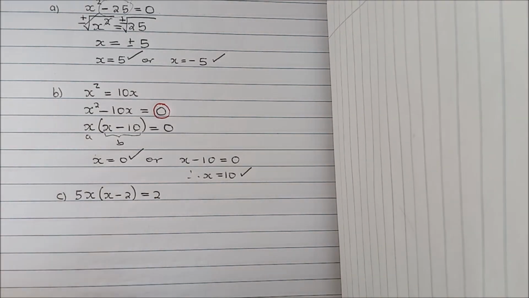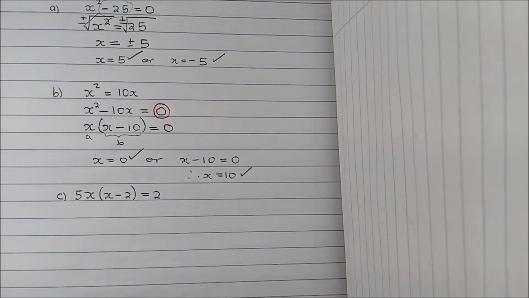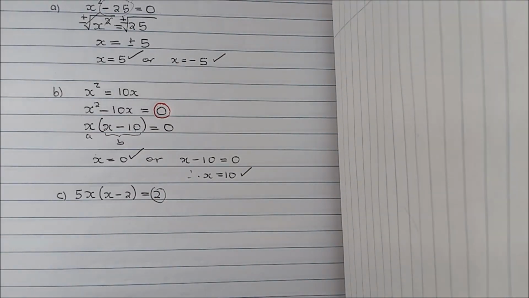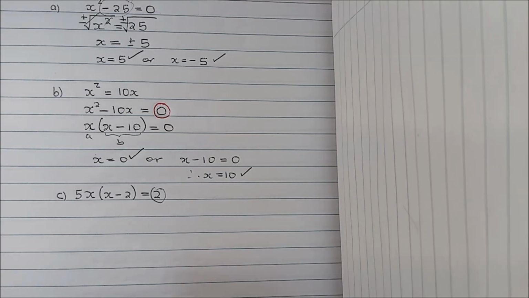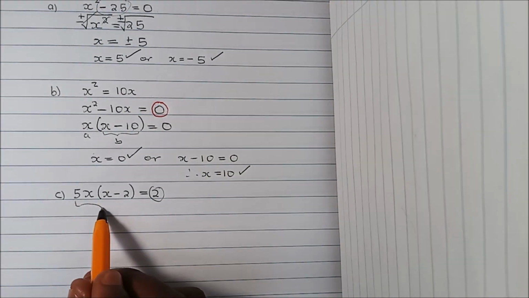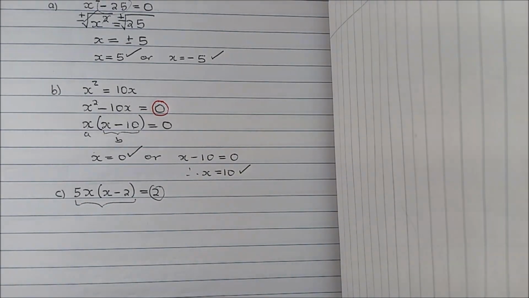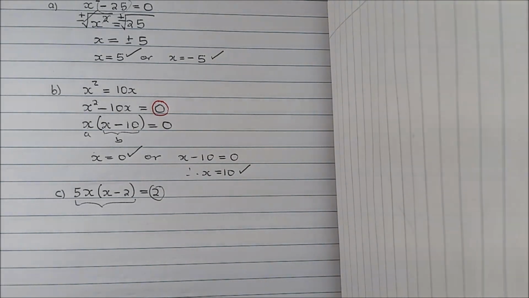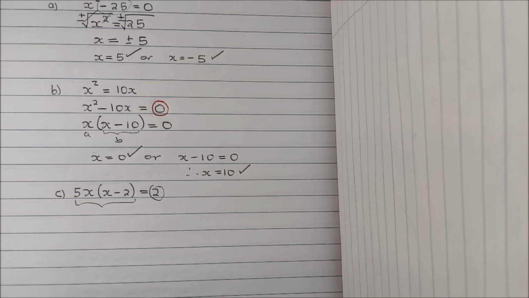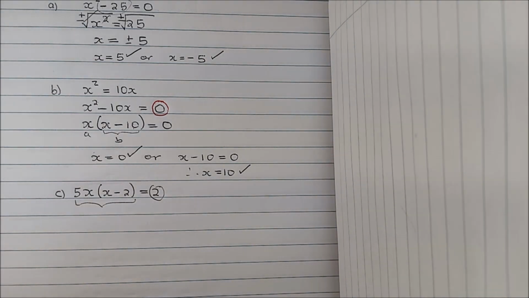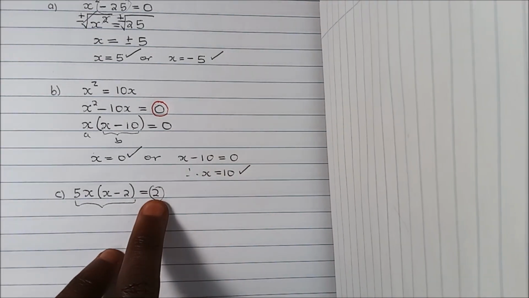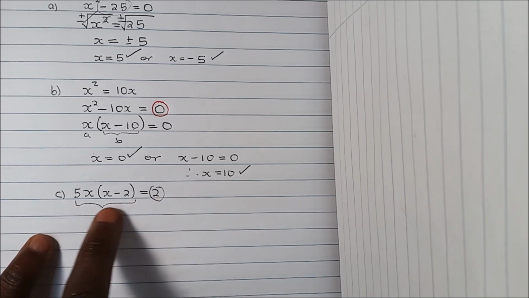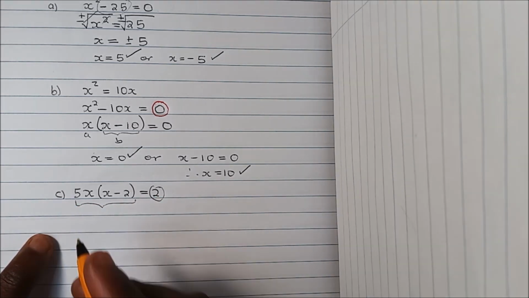Remember, the idea here is simple. We must have 0 here. If we don't have 0 there, we can't do anything. But look at the left hand side. There's something that we can do there. We can get rid of the brackets, because remember, you can't solve if you have brackets. We need to get rid of the brackets, and then at a later stage we can get that number, get rid of it, and have 0 on that side. So now let's start by cleaning up on this side. So we have